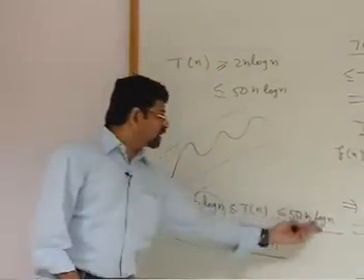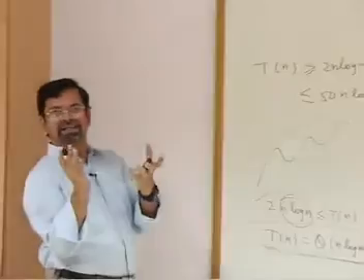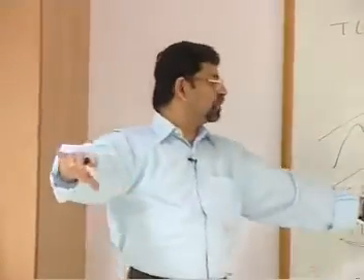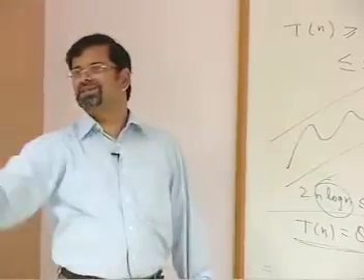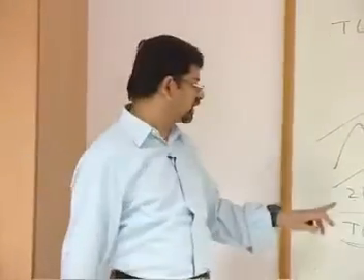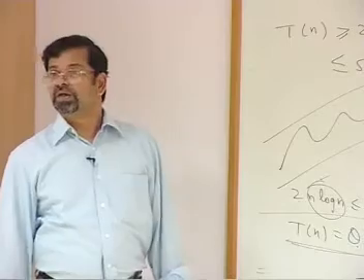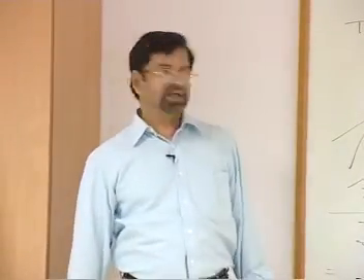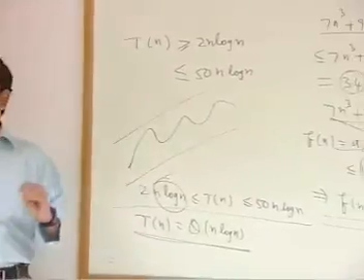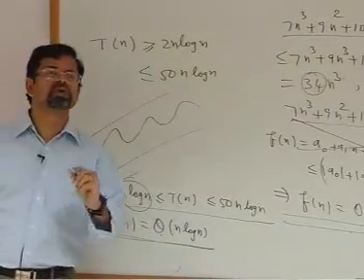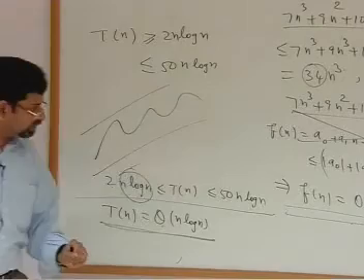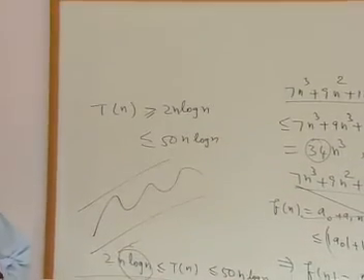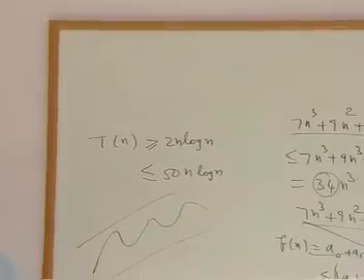The n log n determines the way in which T of n is going to behave, up to constant multiples. So it's only a scaling factor. If you look at the growth rate, it will be identical. N log n and T of n will have the same growth rate. So what do you mean by growth rate? Growth rate is, if you double n, how much will this increase?